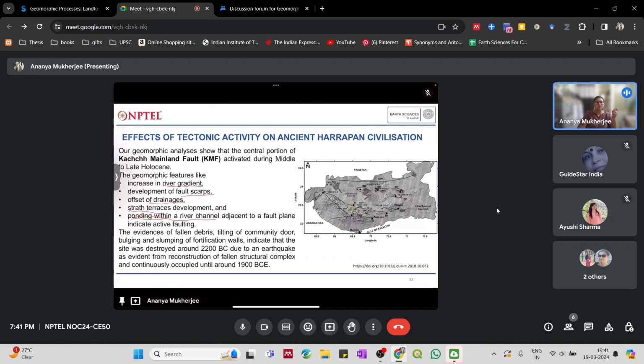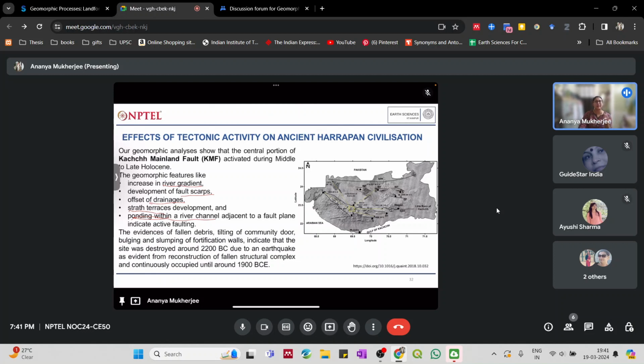And some other kinds of features that can help you in understanding the study of the fault that is causing the earthquake events are evidences of fallen debris. Then the archaeological studies were saying tilting of community door, bulging and slumping of fortification walls. So these were all the